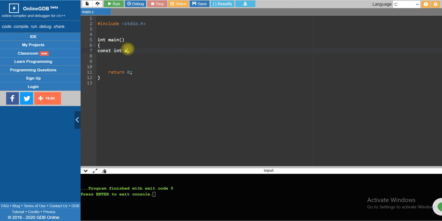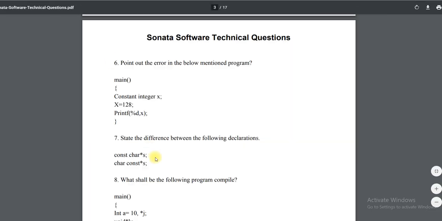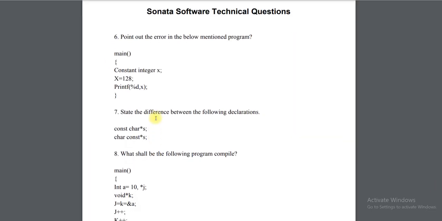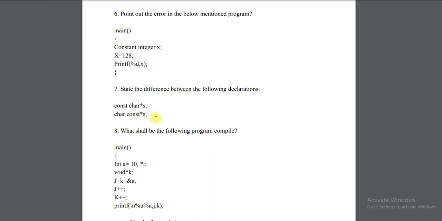You can give any value at the time of declaration itself, so that is perfectly okay. But once it is declared, we can't change the value directly. However, we can change it by accessing the address of a. Later on we will discuss that. That bit is itself available in this PDF, and that time we will cover it.